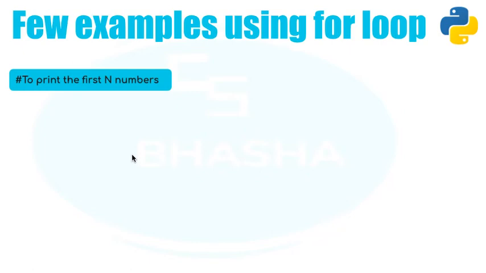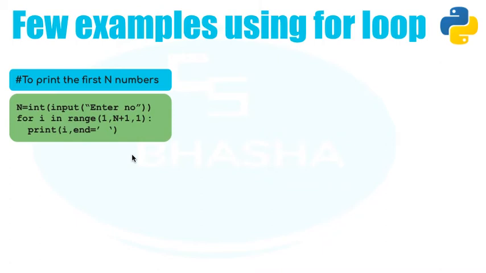Suppose I would like to print the first n numbers. The first thing that I need to know is that I am supposed to take the number n, and children, remember I just told you this has to be plus 1, the ending number. So if I want n to be included, start with 1, go till n plus 1 with the step value 1. So you are going to see the answer. Okay, so suppose n is 5, you will be seeing the answer because n is equal to